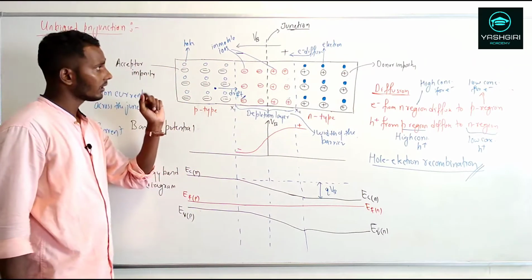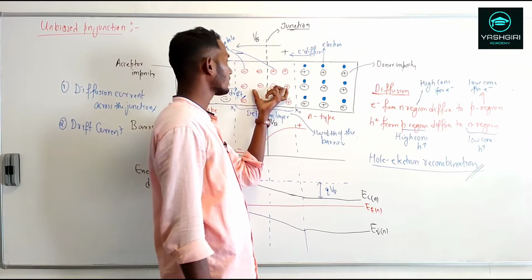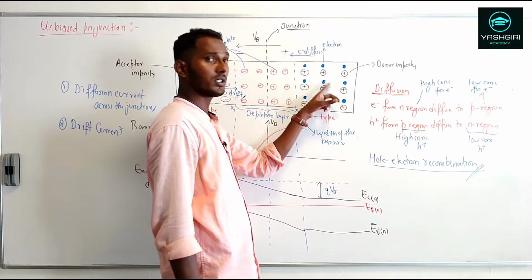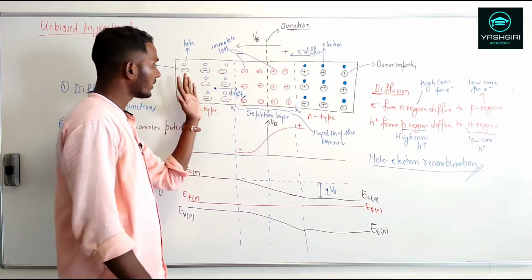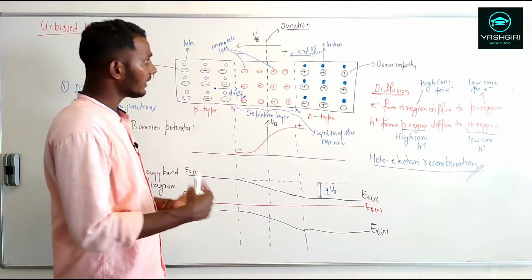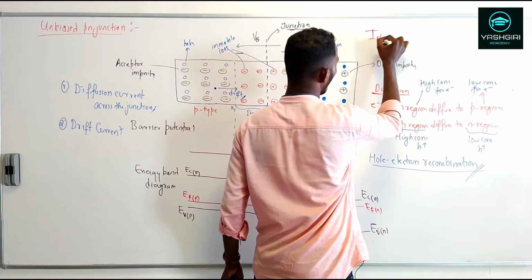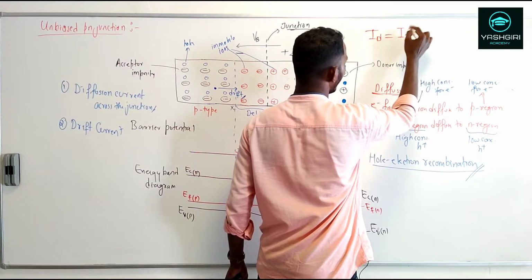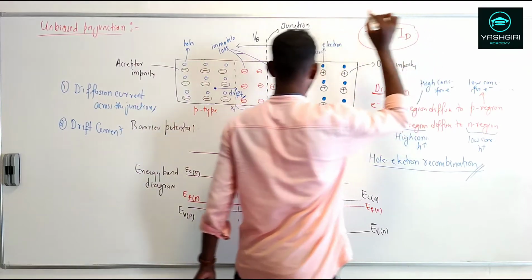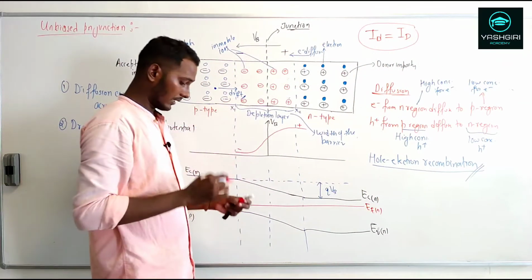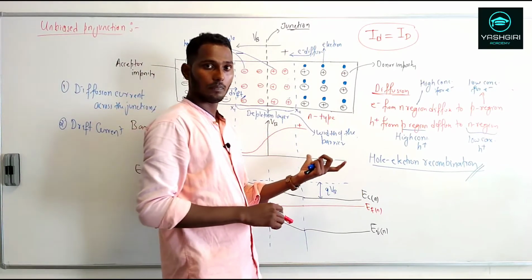Now what this is saying is that as you build up a potential barrier in the junction, it will stop the flow of charge carriers from the n side to the p side. At the same time, a drift current is starting. So a time will come when this drift current I_d will be equal to I_D, that is your diffusion current. When this condition is reached, we can say that we have reached the equilibrium condition, or steady state, for this p-n junction diode.